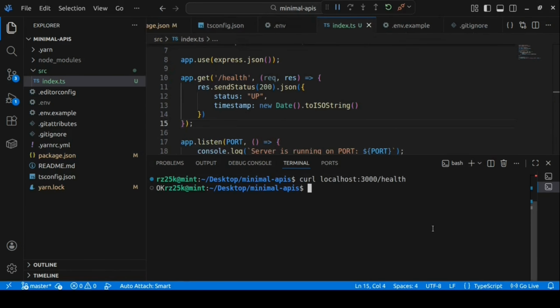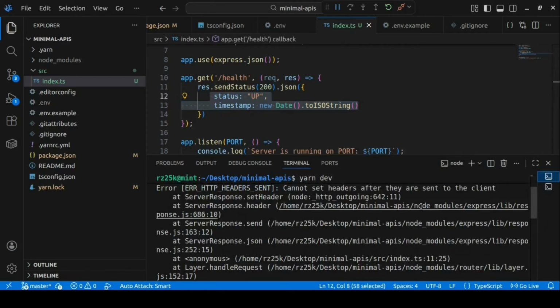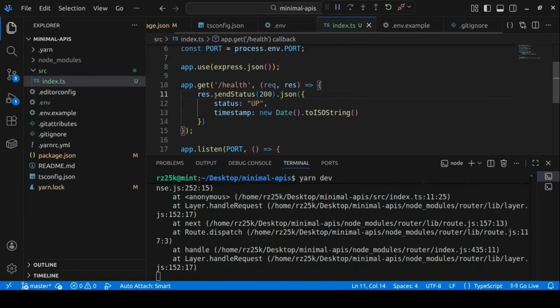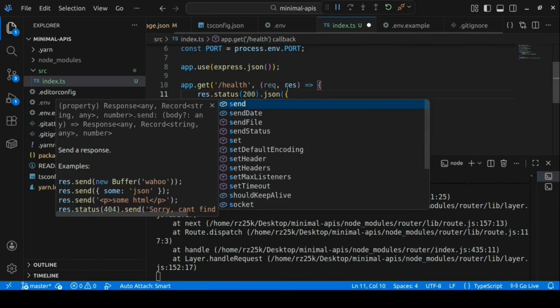And this is actually interesting because we are returning the status and the timestamp of the server, and yet we are getting only okay. So if we go back to our terminal here, it is stating that it cannot set headers after they are sent to the client. That means that the HTTP status of 200 is already sent to the client and it cannot modify the JSON body after that. So what we need to do is change the send status here to just status and save